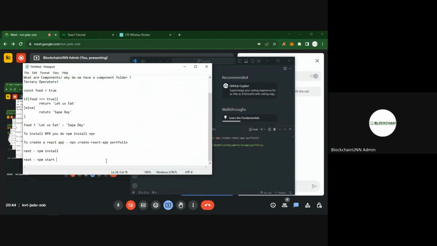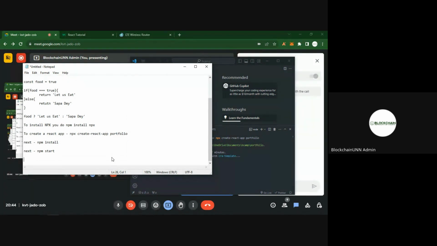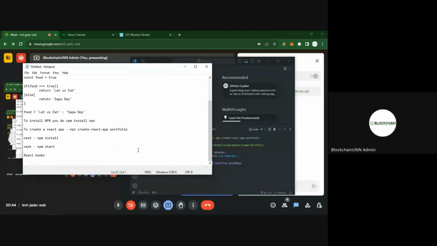So as it is loading, let me take you through some other things that we need to learn about React. Another thing about React that is very, very important is hooks. React hooks. There are various types of React hooks. They are basically hooks that enable you to do things faster in a React application. Like if I want to control a scenario whereby if I am loading this page, I want things to be loading at the same time, or if I'm clicking this button, I want this to be working at the same time,